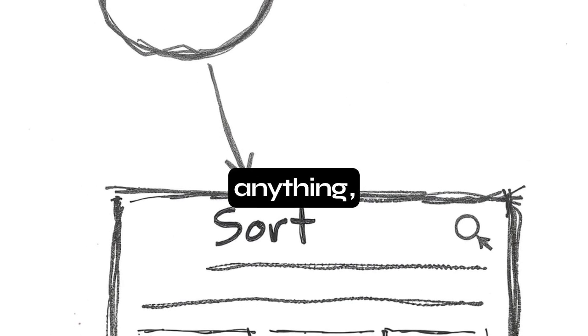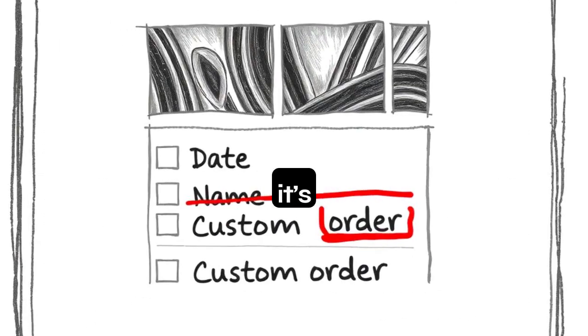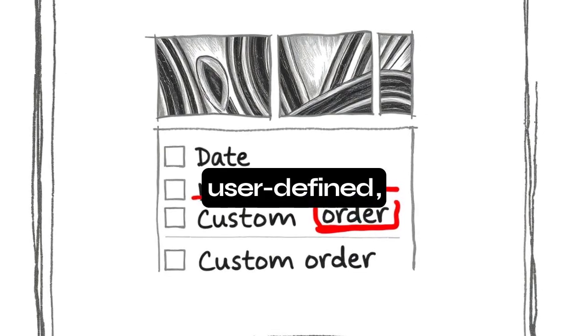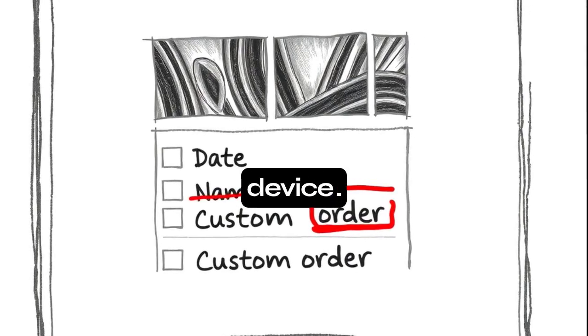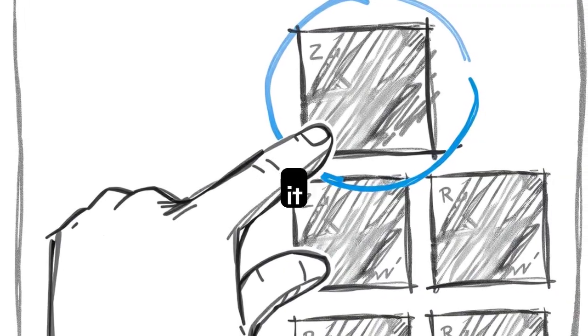Before moving anything, check the sort option at the top, often called sort, arrange, or a three-dot menu. Make sure it's set to a mode that allows manual rearranging, like custom order or user-defined, if available on your device. With the album open, tap and hold on the first photo you want to move until it slightly lifts